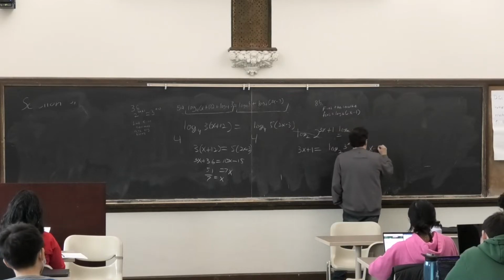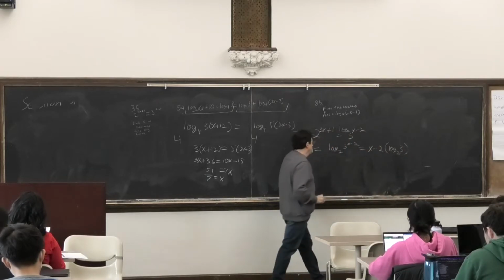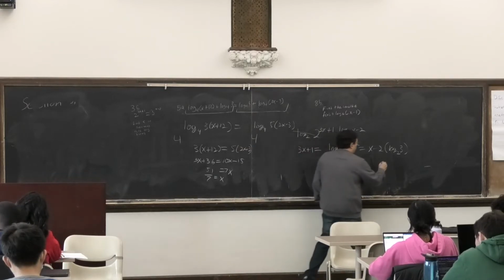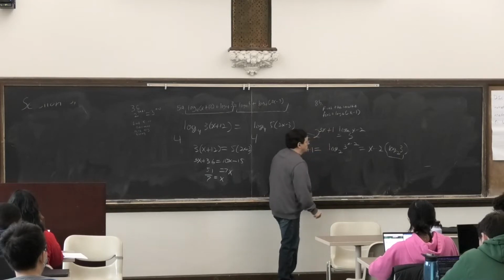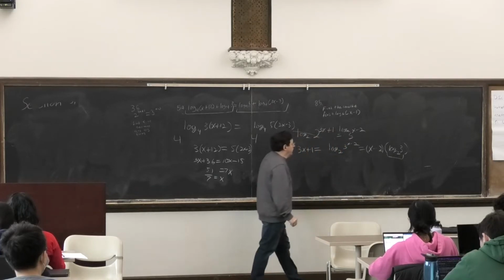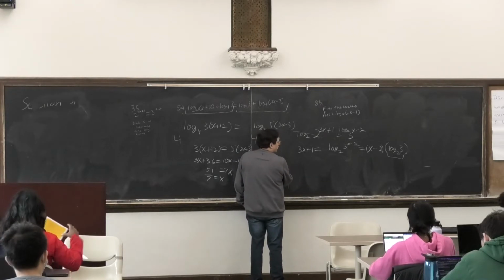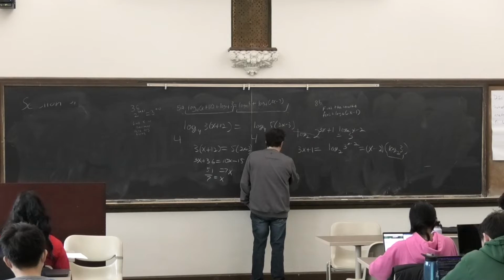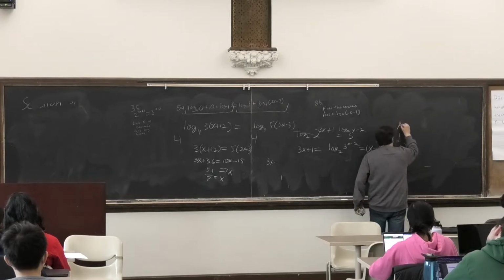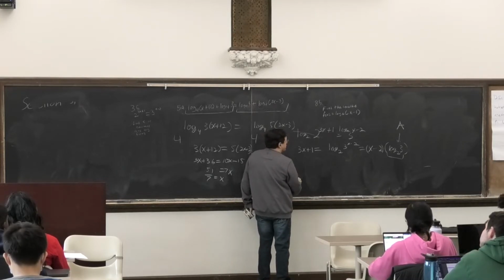This is x minus 2 and log to the base 2 of 3. Well, this is just a number. So now I just have a little algebraic expression again. Right? All right. 3x minus log to the base 2 of 3. Let's just give this a name for the moment. We'll call it a. 3x minus ax equals